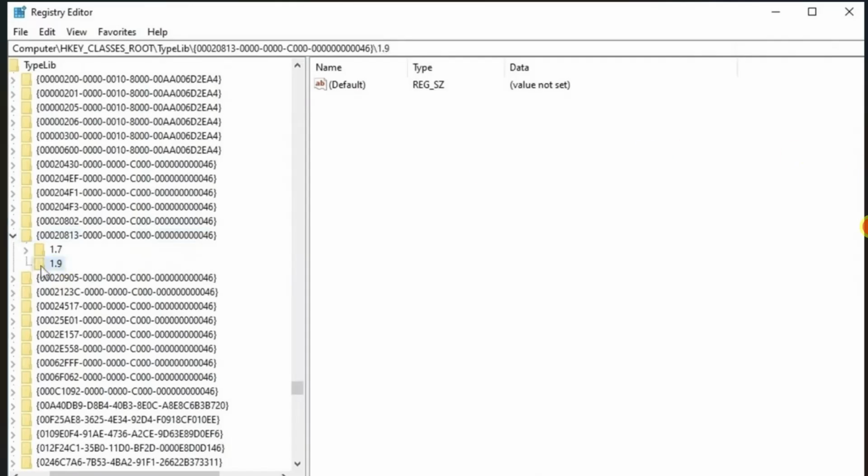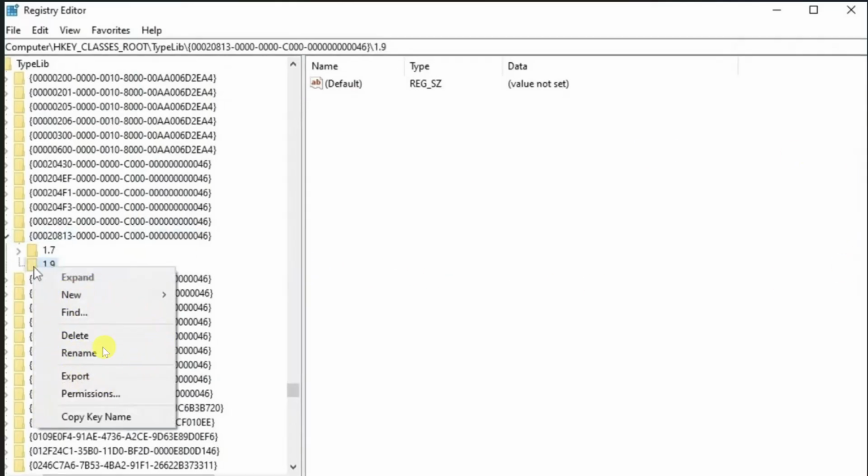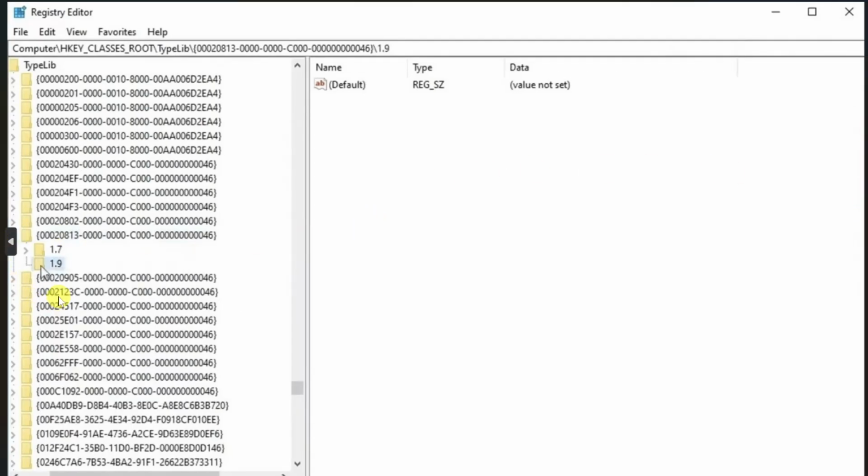Just right click on it and then a menu will appear. From here you have to click on this delete button, and once you click on it, this folder will be deleted. Now what you need to do is just restart your PC and then try to open QuickBooks again and then try to export it, and I'm sure